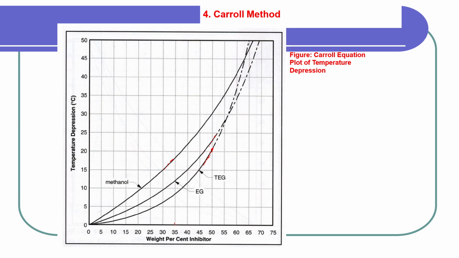Let's imagine this scenario. You have 35% methanol, 35% ethylene glycol, and 35% TEG. And you need to calculate, or find, how much D is. So D will be equal to,